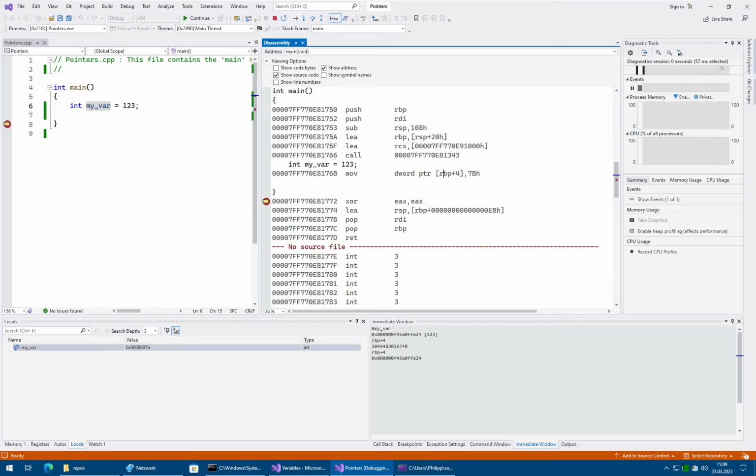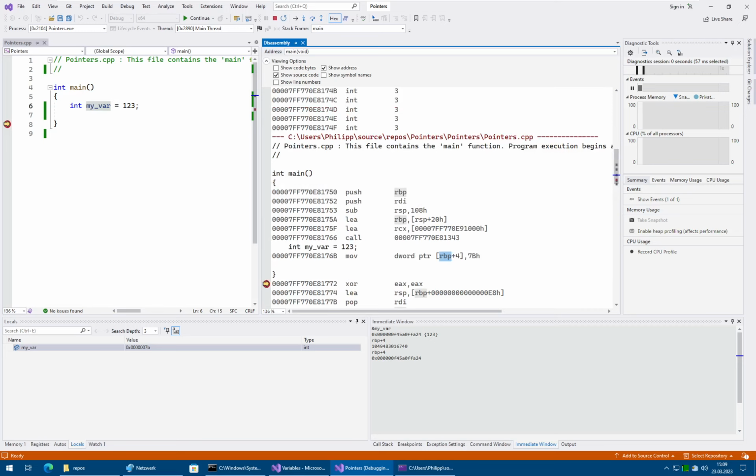Now, of course, the initial value of this register will be determined when the stack for the thread is allocated. So when you create a new thread in a modern Windows operating system, a certain amount of memory is reserved for this thread. It is called the thread stack, and the initial memory location of this thread stack will be